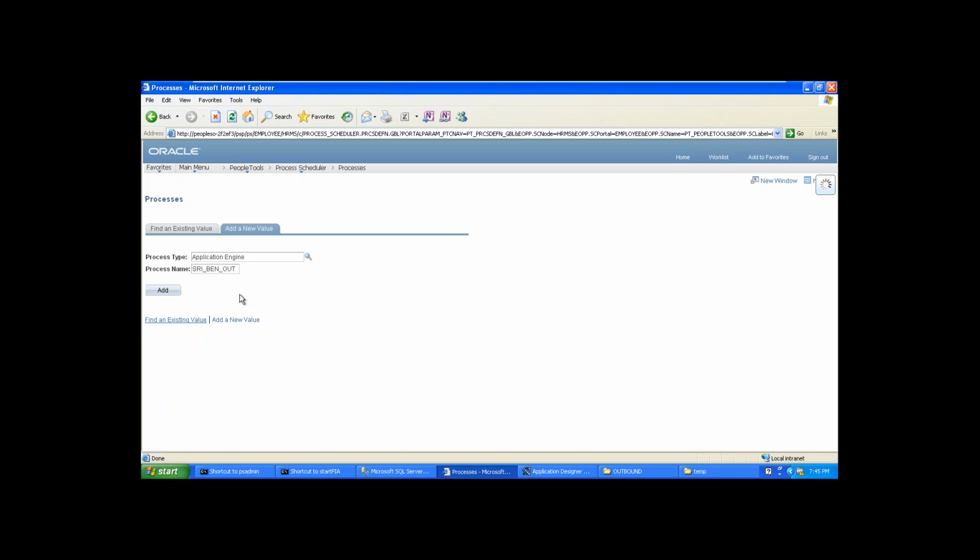Whenever you are adding your application engine to the front end, where is the navigation to run? First point: in the front end, the user is asking us to give one navigation to run the program. That means there should be one run button on the front end. To click on the run button, we need one navigation. We have to give them the navigation. We have to do all the page creation and everything.